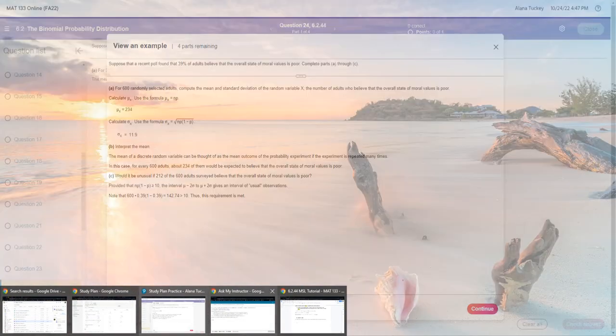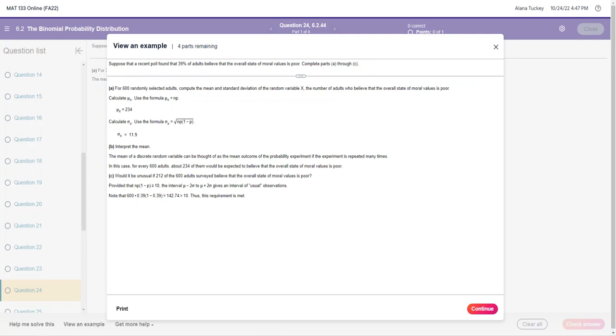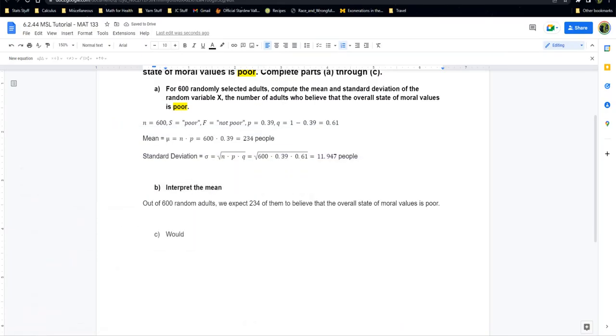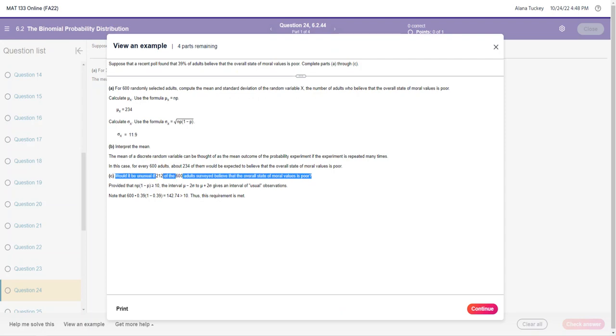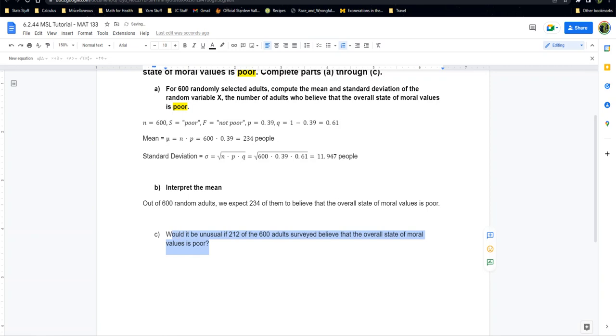So let me go back to this sheet. Okay, and what was my number? I forgot already. 252? Would it be unusual if 212 of the adults surveyed? Okay, would it be? I don't know why I'm typing this when I could just go copy and paste it. That's because I'm being silly is what I'm doing. Okay, so unusual. Unusual is 2 standard deviations away. All right, so let me find the mean minus 2 standard deviations and the mean plus 2 standard deviations. So let me just remind myself: 2 standard deviations away from the mean is considered unusual. Okay, so I'm going to find the mean